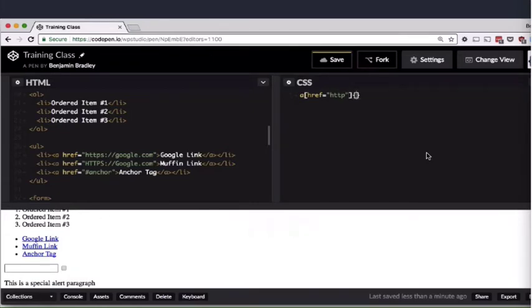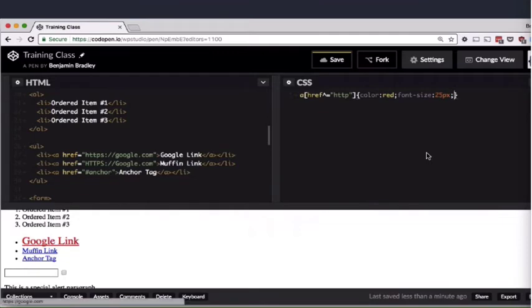Then you can simply do, and again, let's actually start with, to make sure that it gets there, color red, and then you could do something like font size 25 pixels. So it just completely blows out and is like, hello, this is wrong. So any link that doesn't have HTTPS,